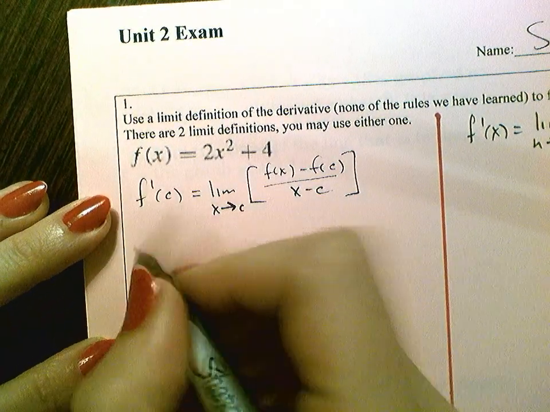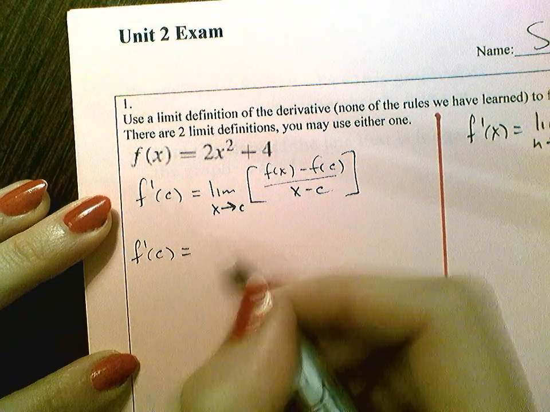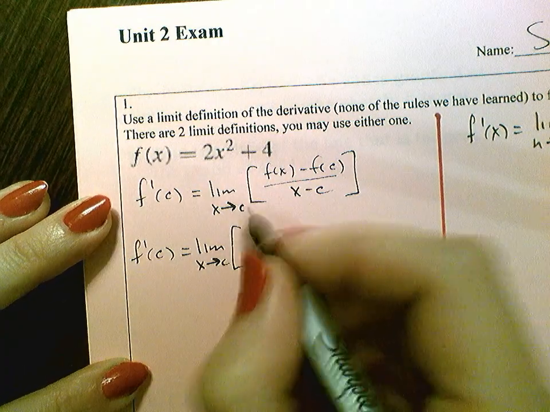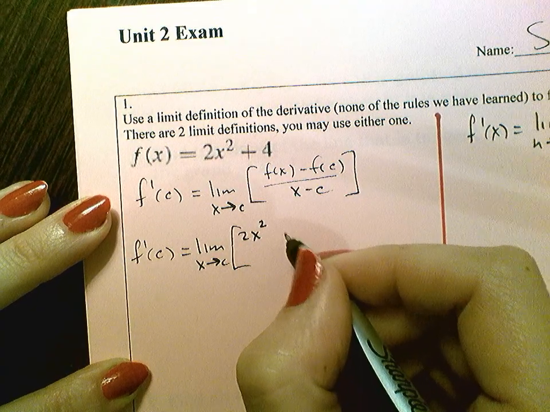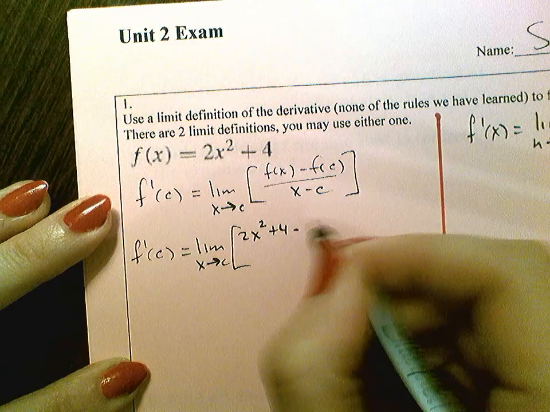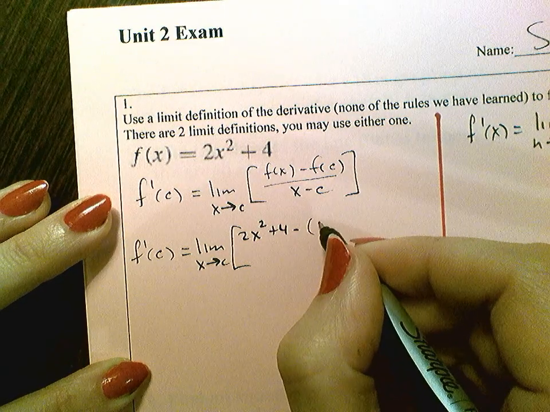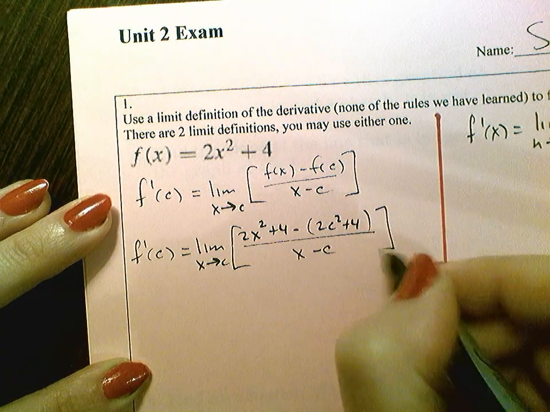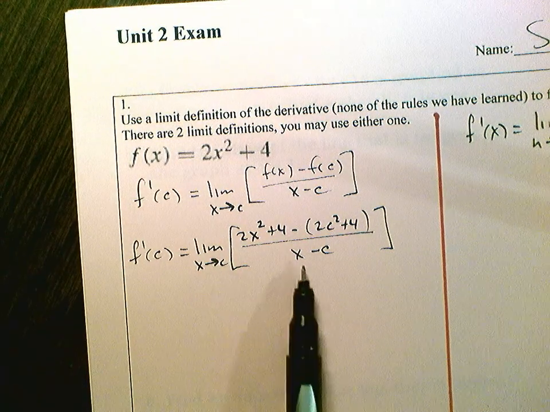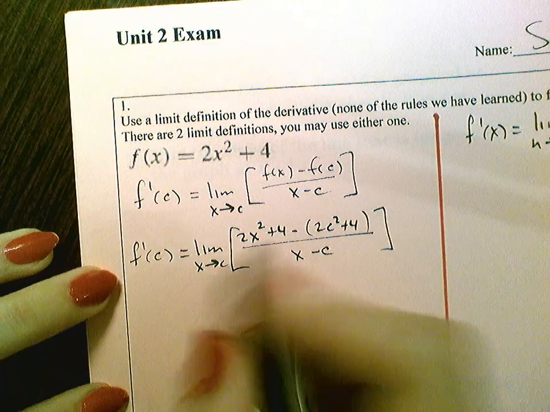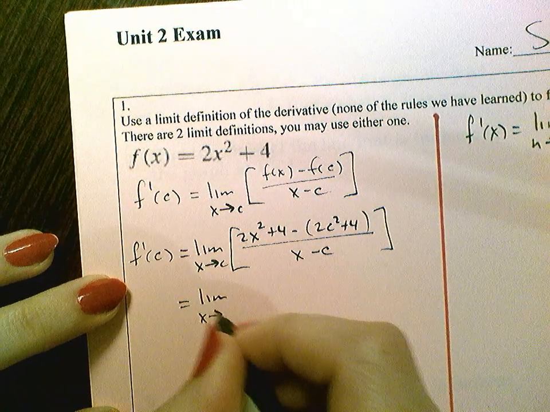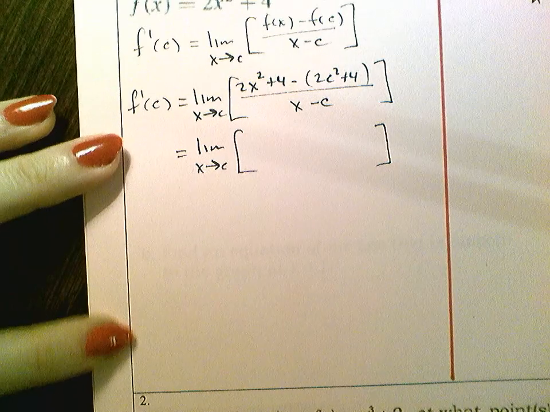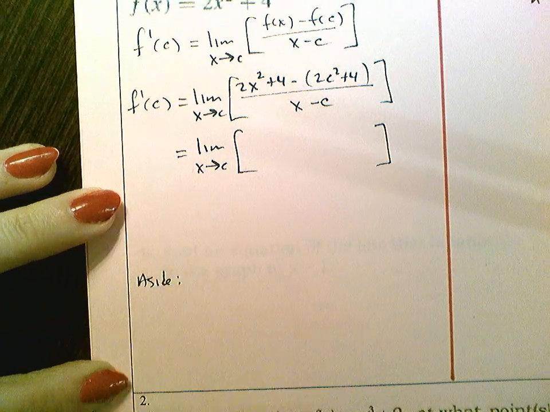Okay, so I'm going to go f prime of c equals the limit as x approaches c, and then f of x is just 2x squared plus 4 minus f of c, which is 2c squared plus 4, all over x minus c. And you cannot direct substitute. You can't just plug c in for x because then you'd get 0 in the denominator. So at this point, those of you who got points off because of notation, you should really just stop and leave a blank,